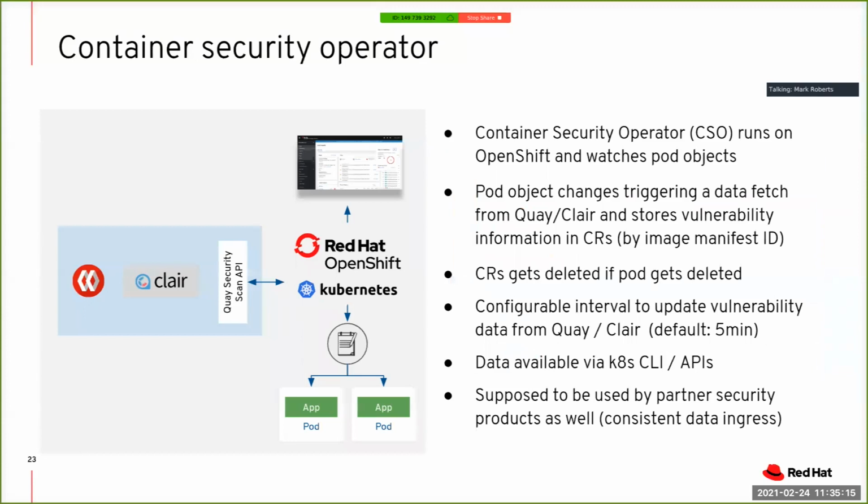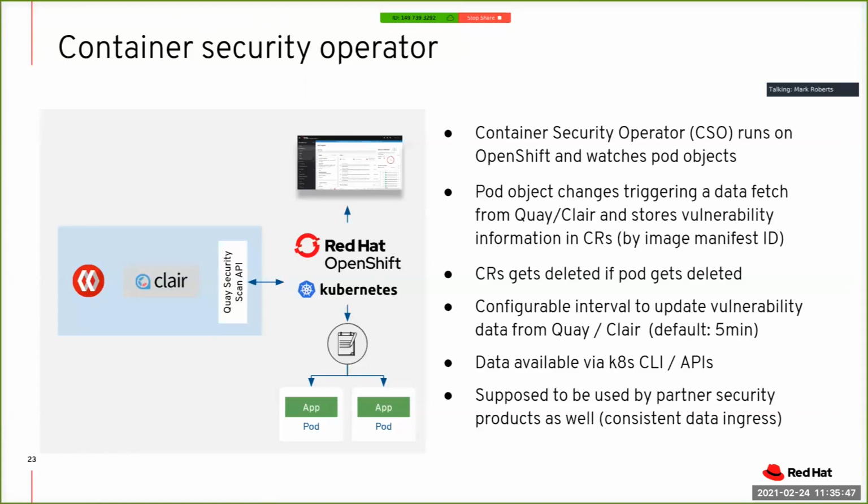And as mentioned earlier on, we have this fabulous container security operator, which allows us to feed information about vulnerabilities in running images up into the OpenShift platform. So this allows us to identify what's running. It takes a feed of data across into OpenShift from Quay and Clair every 5 minutes. You can change that to be less or more aggressive to suit, and it will allow you to visualize container